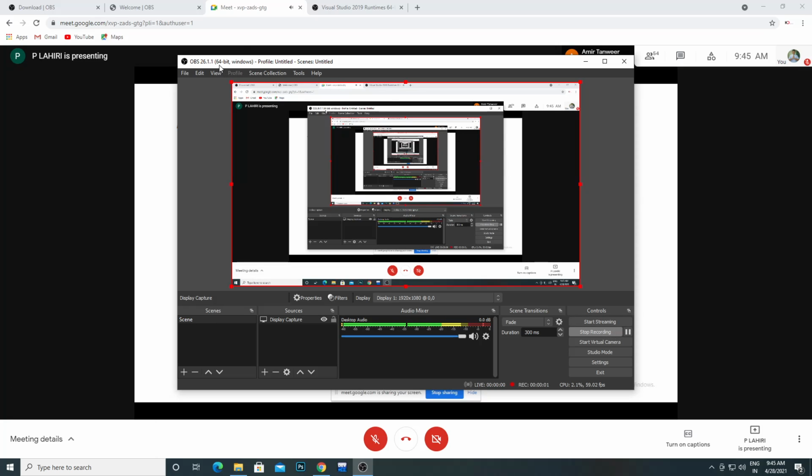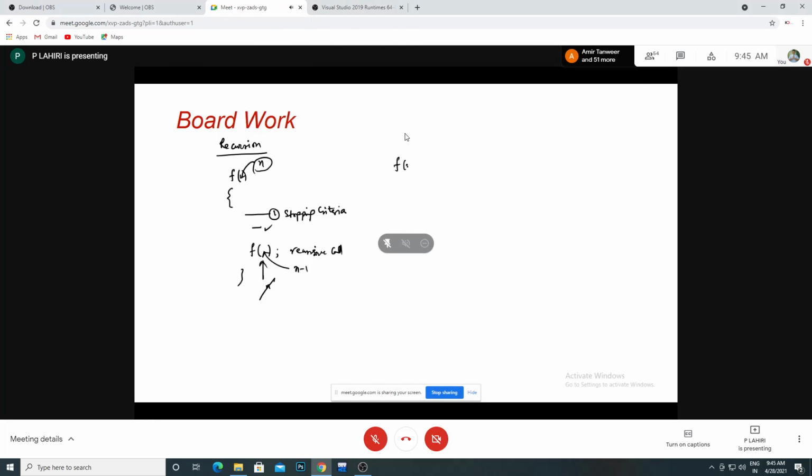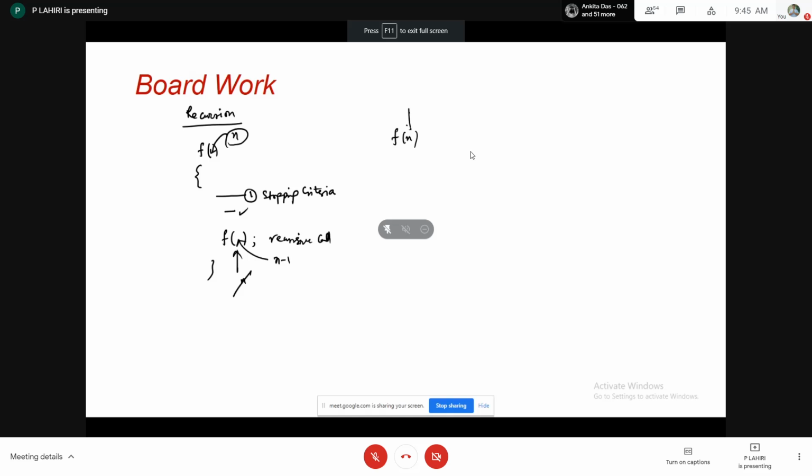Just for an example, for a recapitulation again, suppose you have an argument n and you want to calculate factorial of n. If you identify the definition of the factorial, you will find two definitions. One definition is that you can start multiplying n by n minus 1, then multiply this by n minus 2, and repeat it up to 1. Another one is to start from 1 up to 2, 3, then go for n. Up to n you have to go on multiplying.